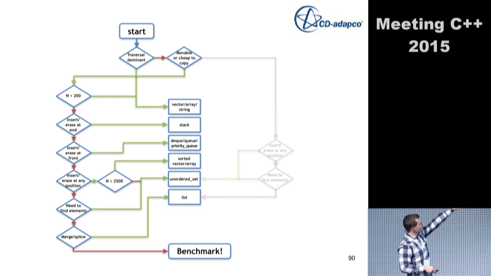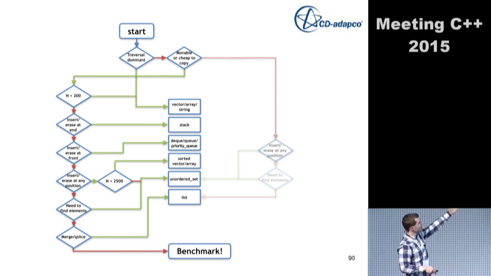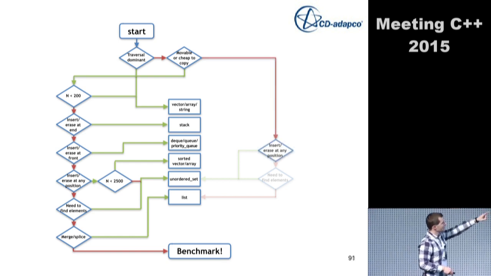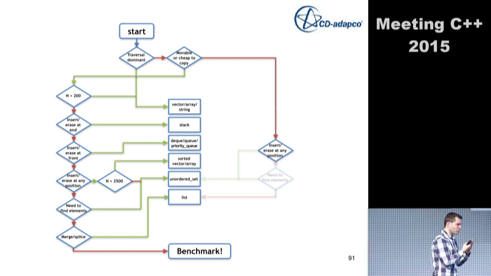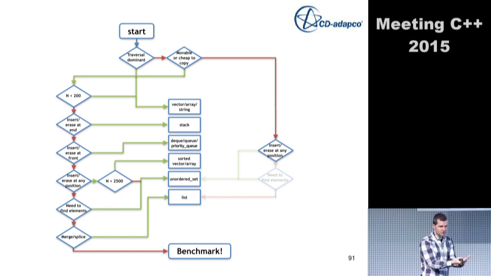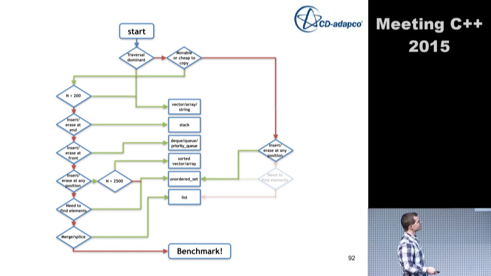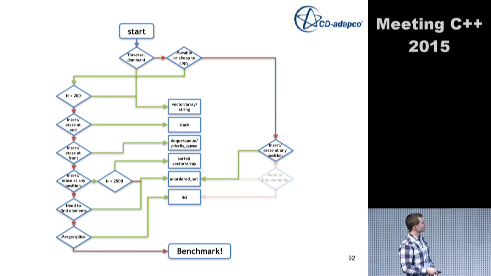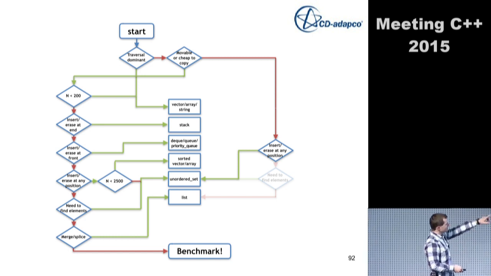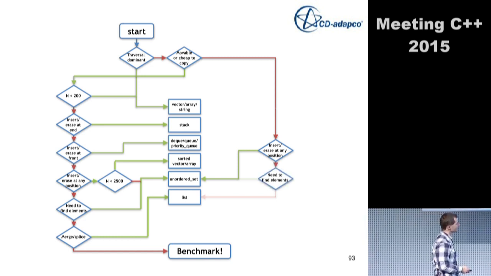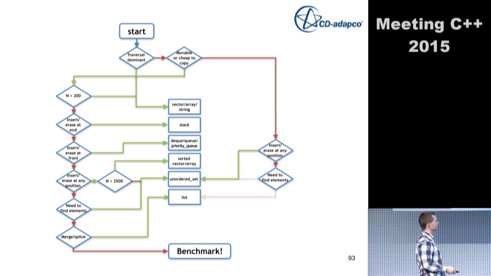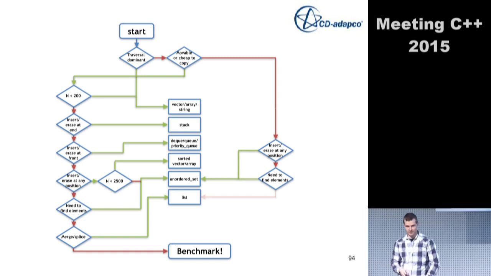What I did not show is if you have something that's not movable and not cheap to copy, then we should move towards the node-based containers, of course. We don't want to copy it around very often. If you want to insert or erase at any position, use an unordered set. This is just the right thing to do. And if you need to find elements, also use an unordered set. Else, perhaps this is a reasonable use case for a list.